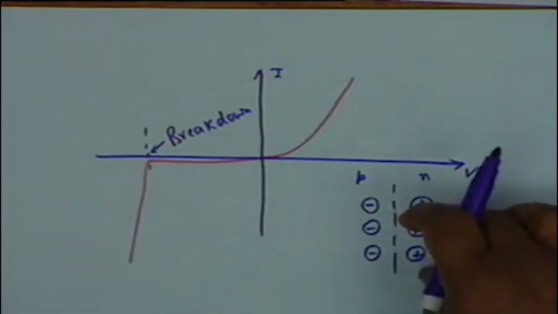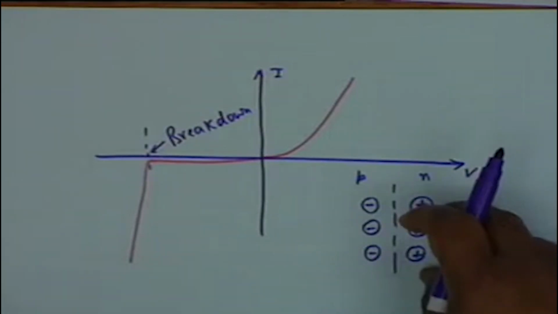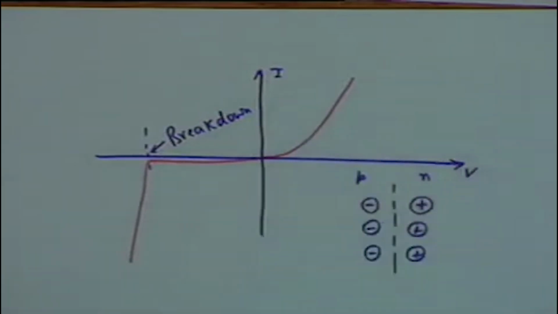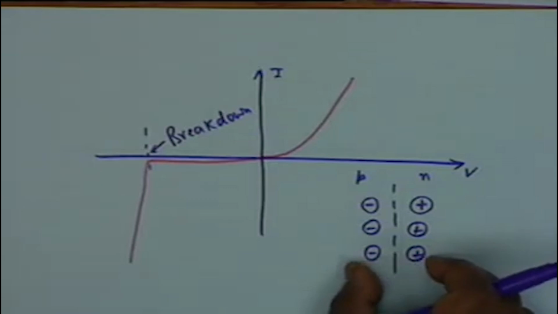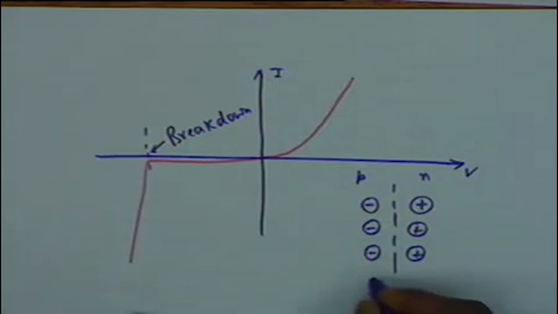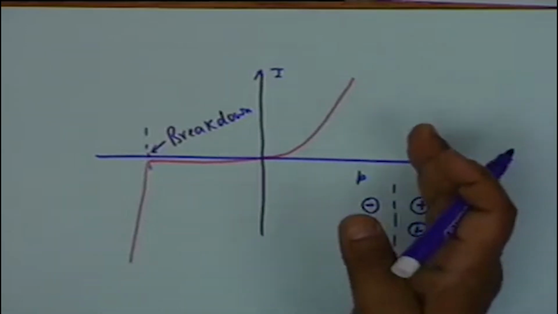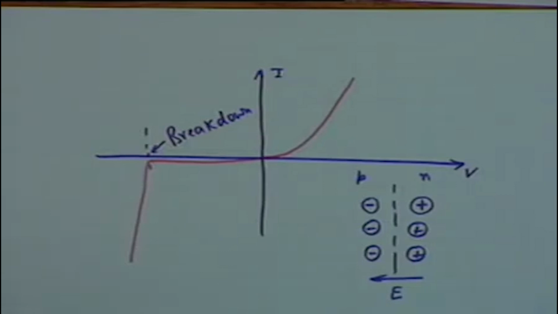The mobile electrons near the junction in the N type region have crossed to the left hand side. Now under reverse bias this separation increases, the potential barrier increases. As a result, the electric field E, which is directed from the positive charge to the negative charge, increases, and